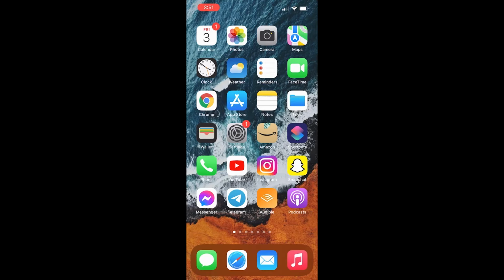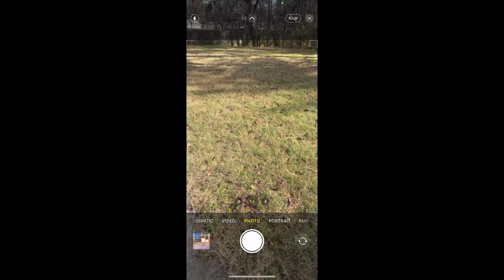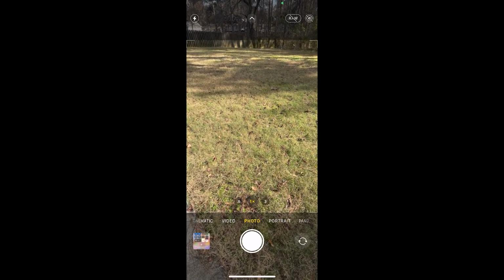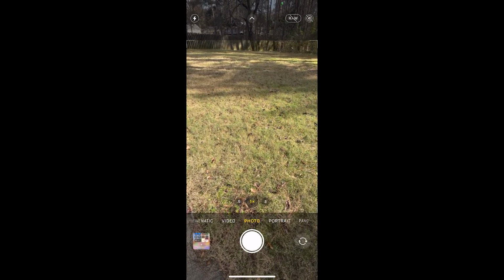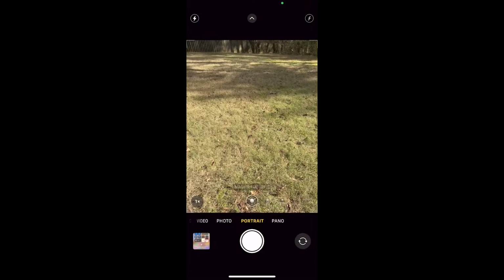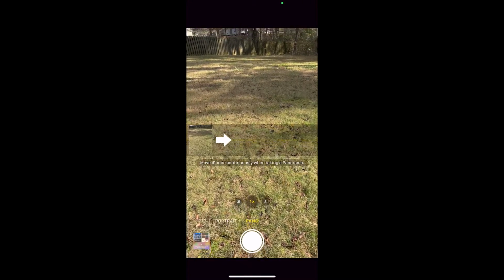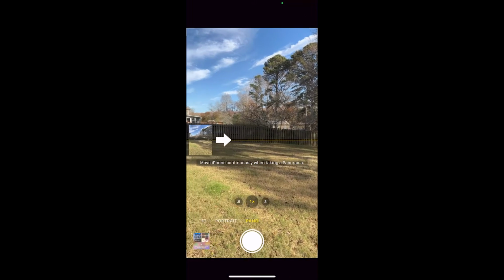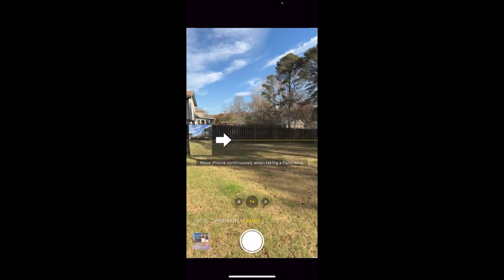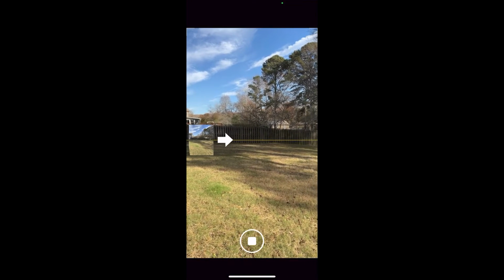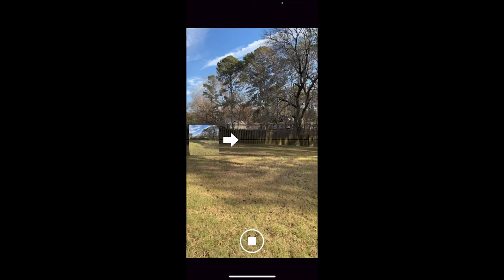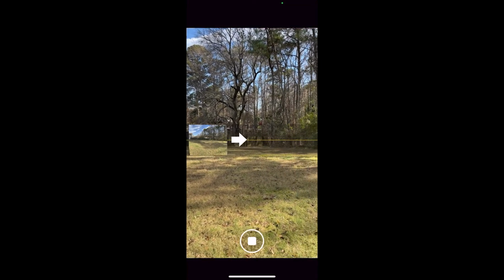Now let's get started. First, open up your camera app. And then you're going to want to swipe to the right to go to the Pano option. Now you want to go to the far left of where you want to start your panoramic photo and click the capture button. And now you want to slowly move right while keeping this arrow in the middle as close